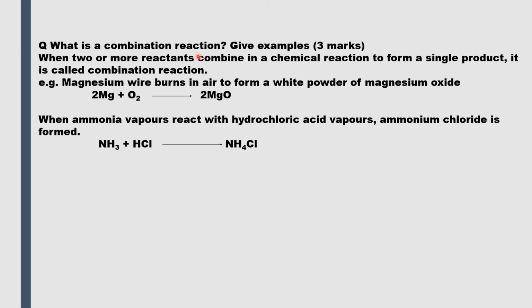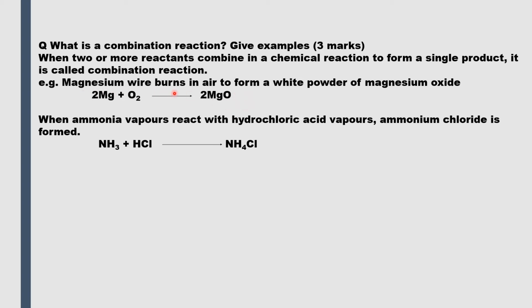What is combination reaction and give example. Give one example actually. This question is very important. It carries 3 marks. All the types of chemical reactions with their definitions and examples you will have to study for 3 marks. So definition of combination reaction will carry 2 marks. Definition is: when 2 or more reactants combine together to form a single product, then the reaction is called a combination reaction. Of course, you will have to give one example which will carry 1 mark. So explanation of the reaction along with the balanced chemical equation. If the equation is not balanced, then you will lose 1 mark.